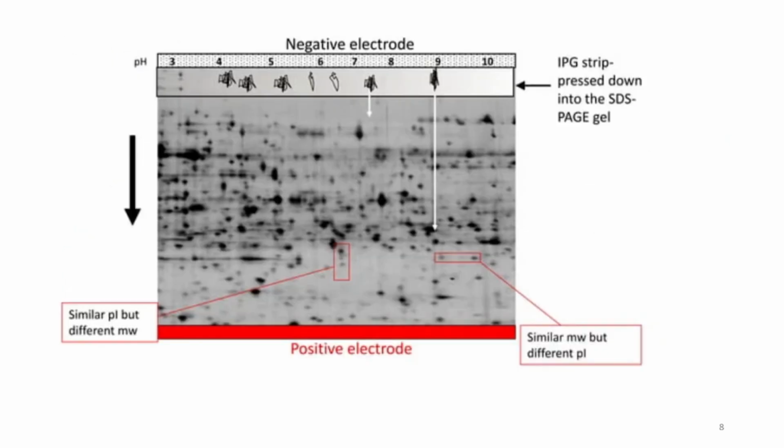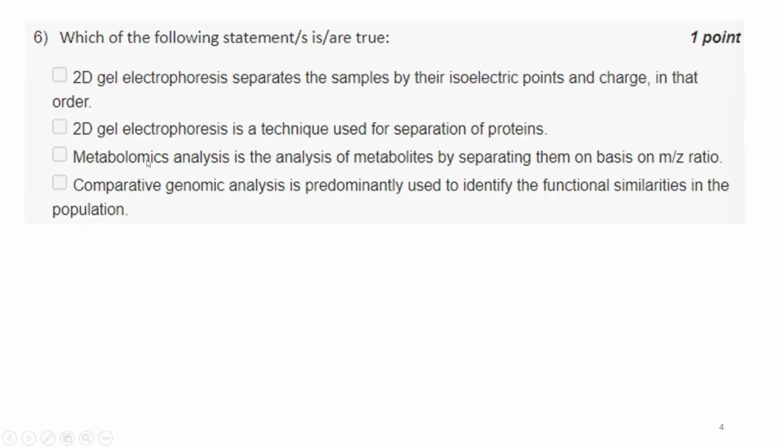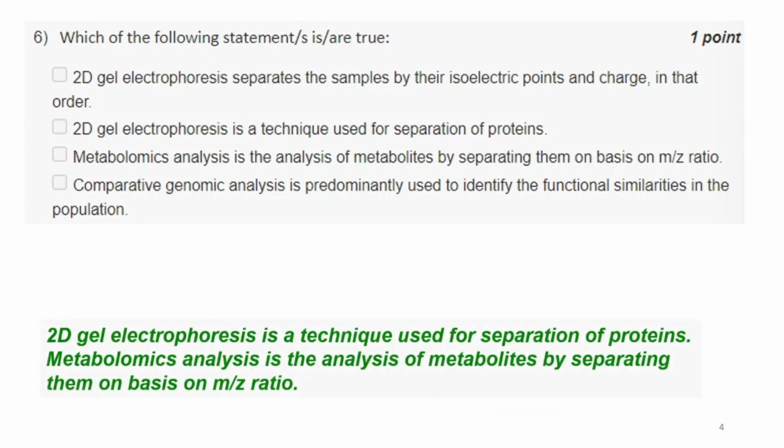So the other option that we said was true in this question was: metabolomics analysis is the analysis of metabolites by separating them on the basis of mass to charge ratio. So this is also a correct statement. The first statement is not correct because in 2D gel electrophoresis, the samples are separated by isoelectric points and mass, not charge. So this statement is wrong. The second option is correct, as she said. The third option is also correct. I'll explain why. The fourth option is again incorrect because